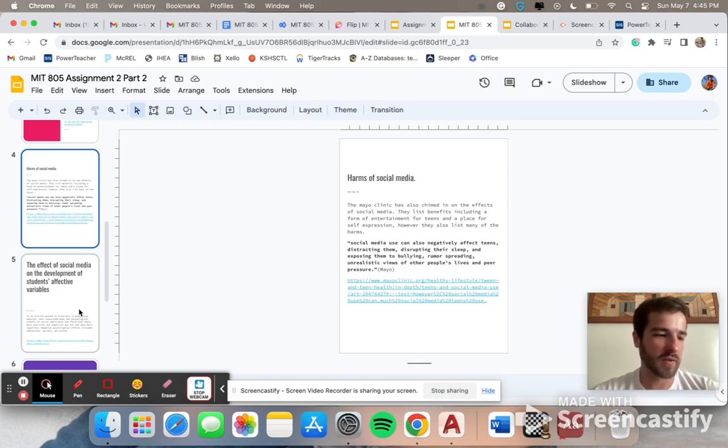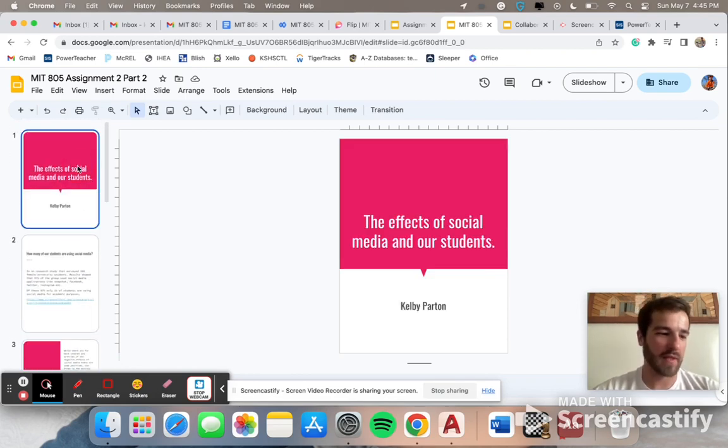And then I also chose 2.3.D: model and promote management of personal data and digital identity and student data privacy. My assignment is based on social media, so I think that was a big one for this project, because that kind of ties the whole thing together. Yes, there are a bunch of bad effects that can happen with social media and our students. But if we are models who promote the correct use and how to take care of yourself online, then those negative effects should be null, because your students should know what to do on social media.